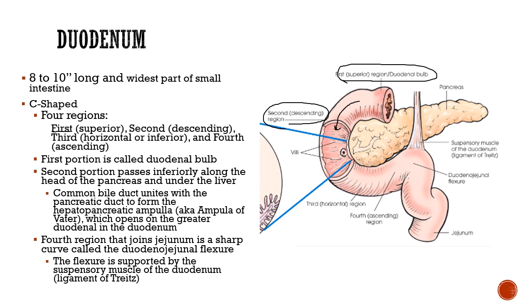The common bile duct unites with the pancreatic duct to form the hepatopancreatic ampulla, also known as the ampulla of Vater, and that opens on the greater duodenal papilla in the duodenum. So this is where this all happens, right here in the second portion. The third portion is horizontal, and the fourth portion is the ascending. So it's going to be coming back up